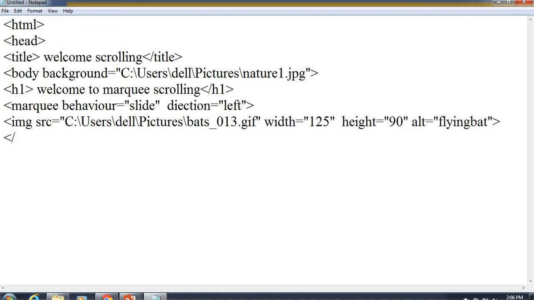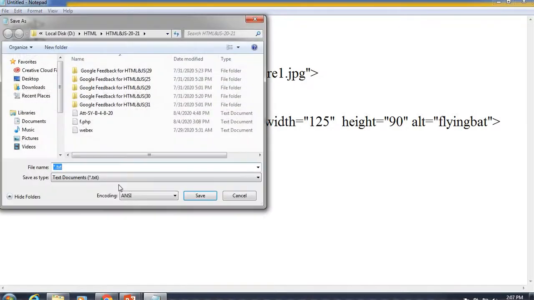So we are closing body, then head will close here, then we have to close the HTML tag. Then let's type the output for this.